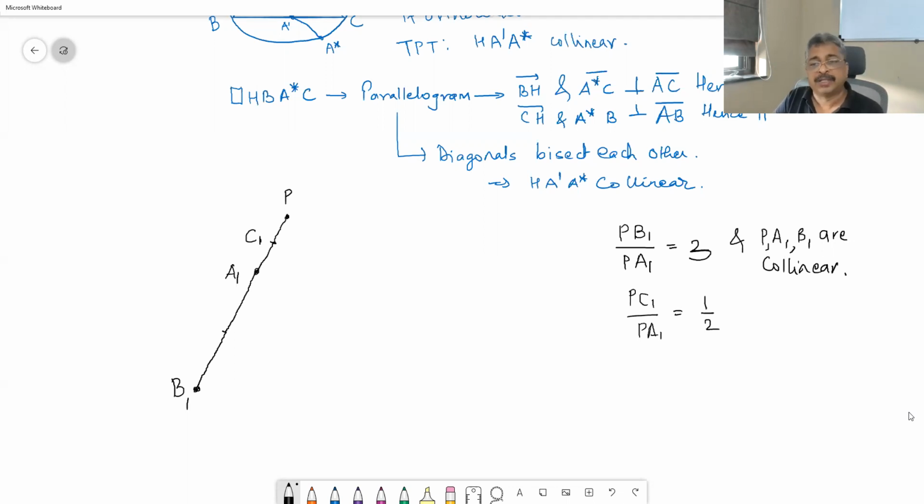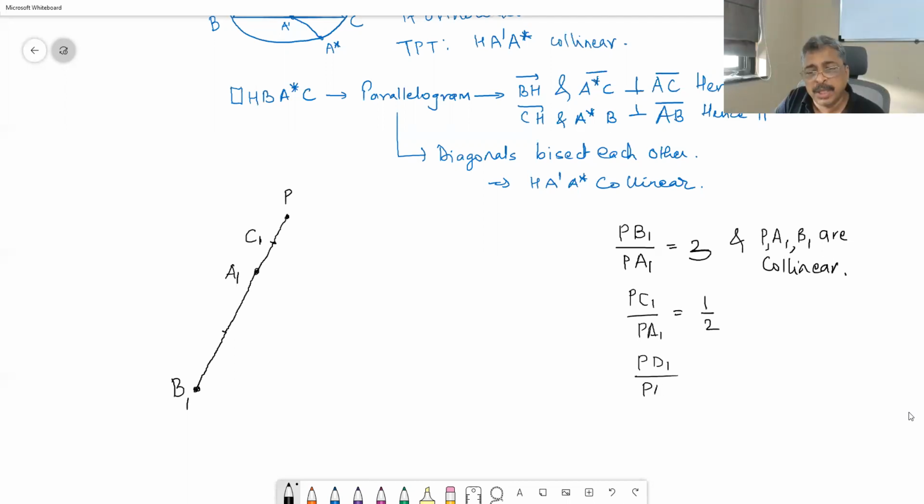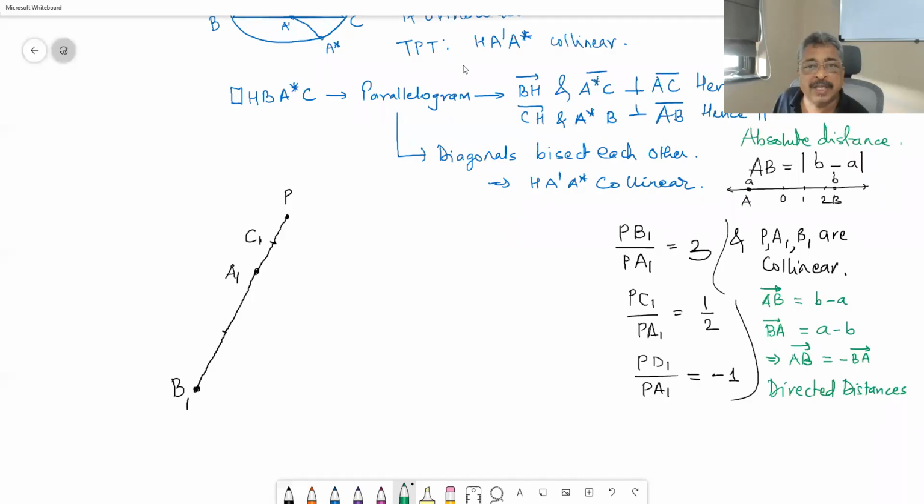Now understand this. If I say PD1 upon PA1 is equal to -1, can you show me the diagram, and this condition is the same for all. Can you show me the position of D in your notebook? Sir, but